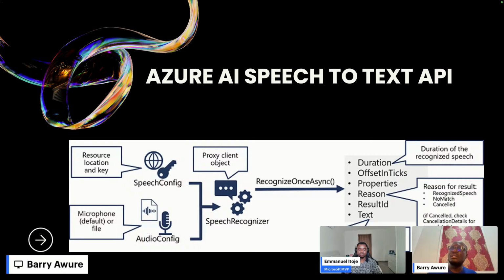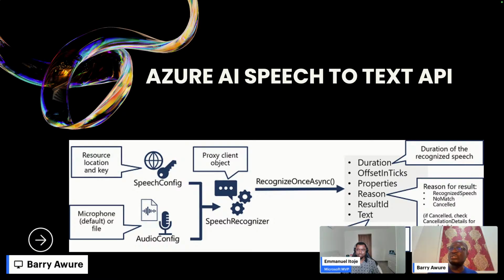Then we talked about the workflow on how this happens at the back end. We saw the speech config file. Remember, we saw this in our demo that houses the resource and the key, right? Which encapsulates it and transports this to the speech recognizer that sits in Azure, where whatever command you've given to the system gets put into different APIs that can then speak to the different blocks and different functions that are required on the Azure end of it.